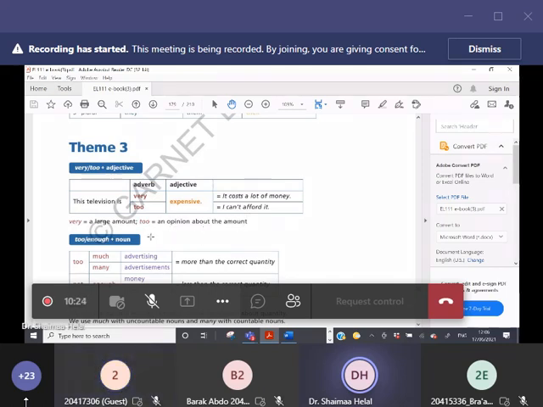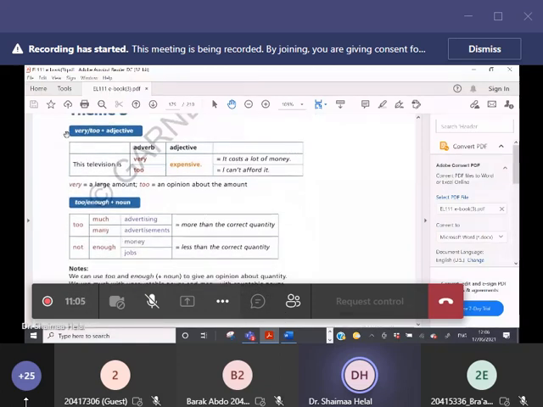For example, this coffee is too hot to drink. What is the meaning? It means that it's too hot for me in order to drink it. This is my opinion about it. So this means that I'm going to wait until it loses this kind of heat. So yes, I think this is the first one, the difference between very and too plus an adjective. I need you to understand that very refers to a large amount, but too refers to your opinion about the amount.